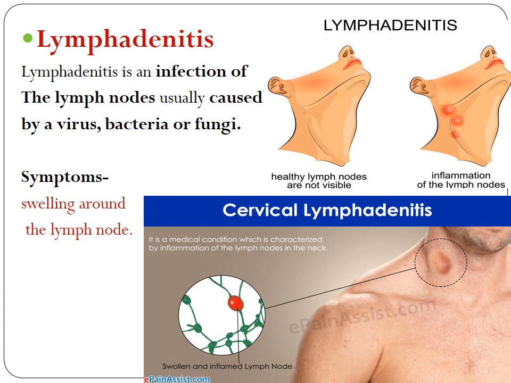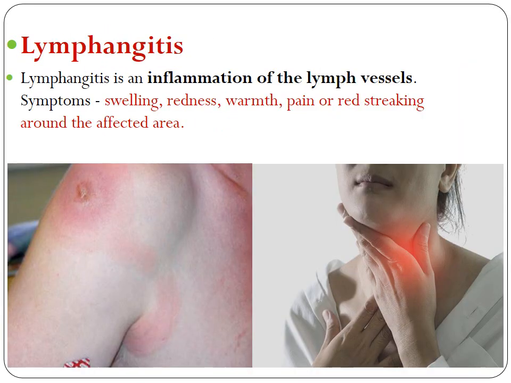But when there is an infection or an inflammation, you will see that these lymph nodes will actually begin to swell up, and it can actually be visible with swelling and redness. And lymphangitis is nothing but inflammation of the lymph vessels. So you can see this kind of redness, and I'm sure you will learn in your anatomy how the lymphatic system is spread all through your body. So it can occur anywhere.